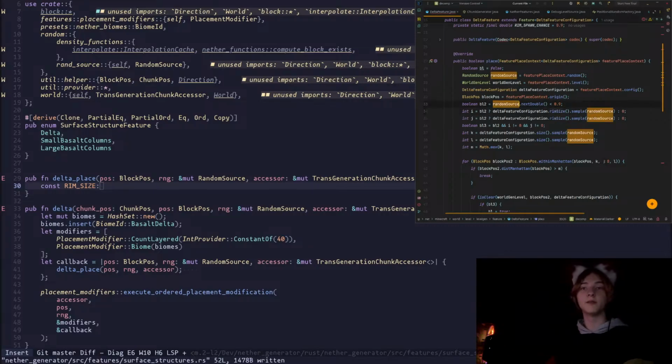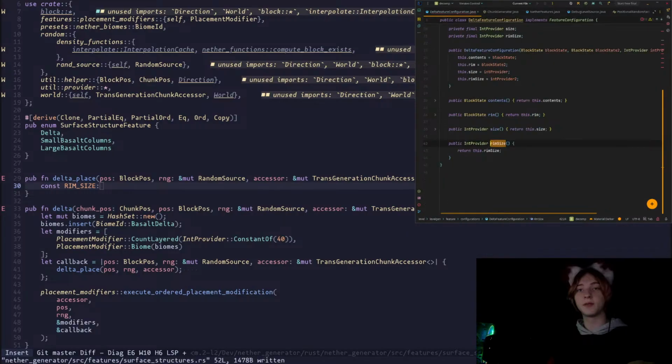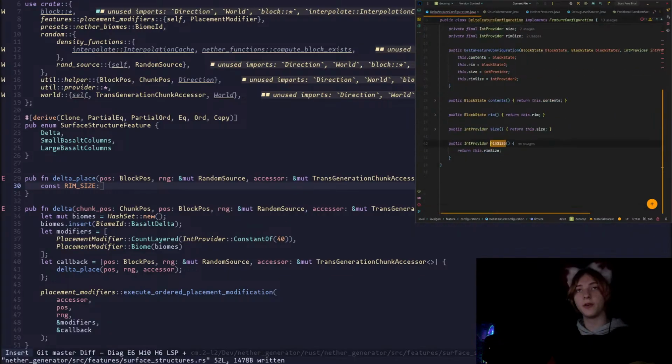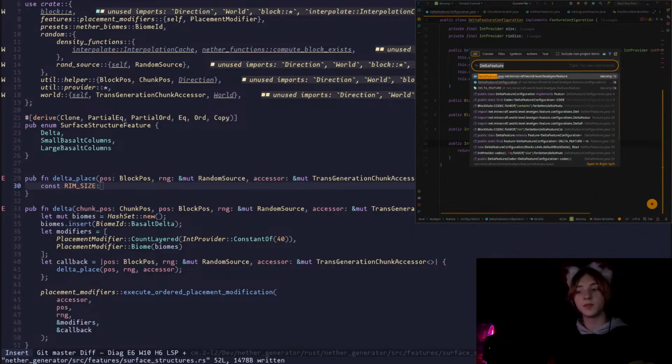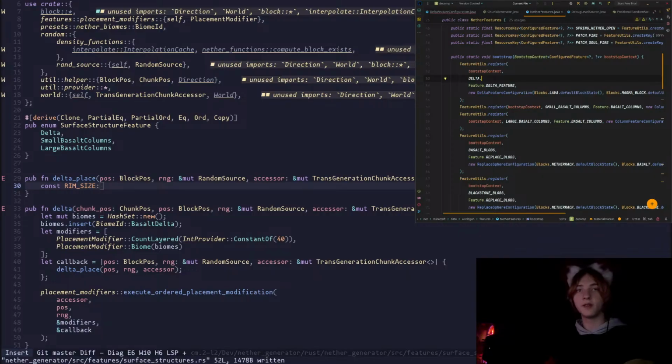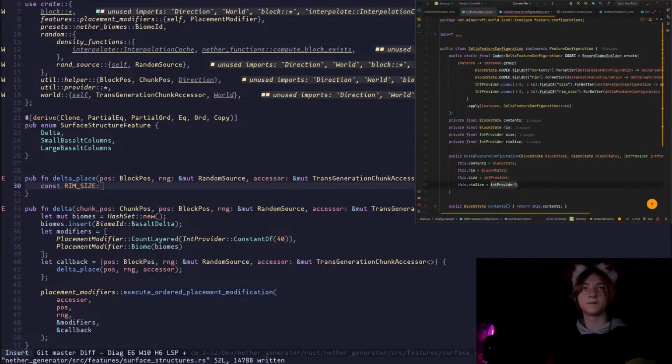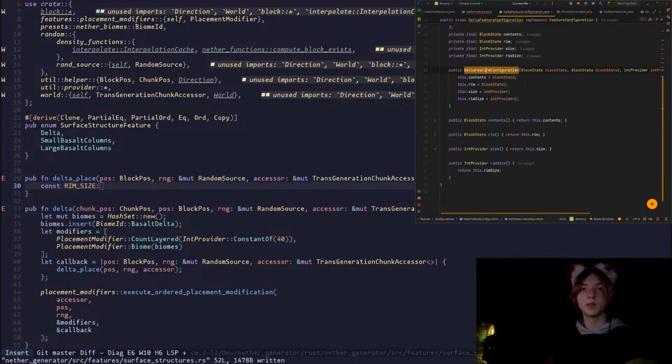Alright, so we need to get some of these. So rim size, what's rim size? That's an int provider. Alright, okay, so what is that for you? So it's probably another, I think it's another features where that's defined. So there's two int providers. Rim size is the second one. So if we go, okay, so the second one was